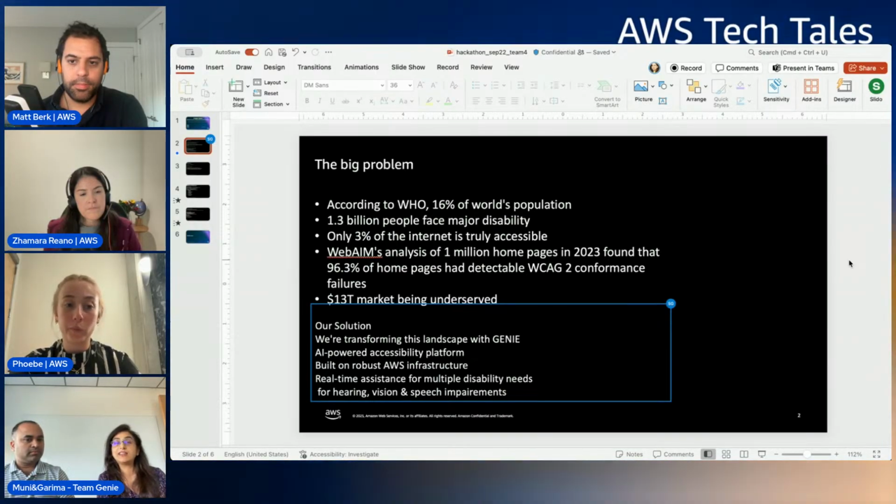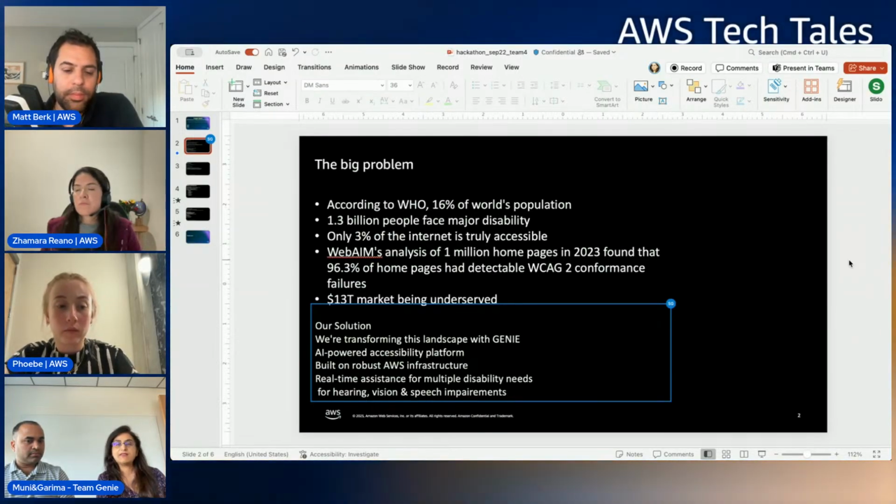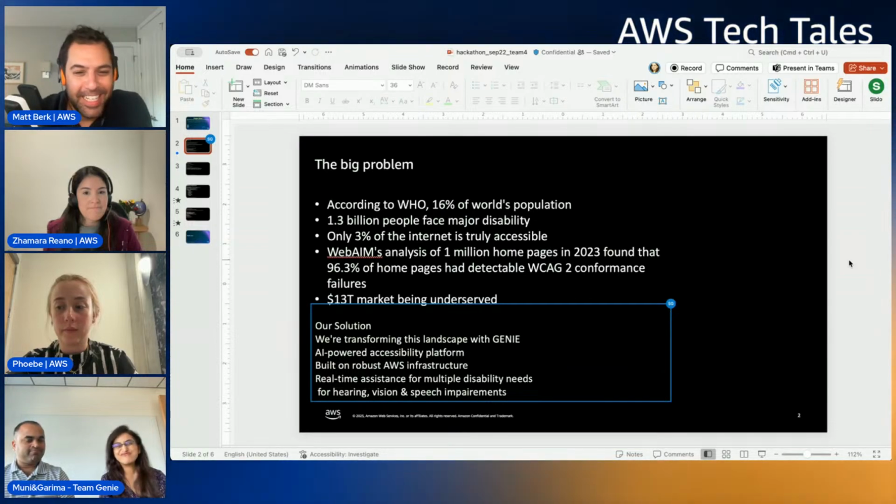WebAIM did an analysis in 2023 of 1 million homepages, and they found that 96.3% of homepages had WCAG conformance failures. Oh no, that's so much.